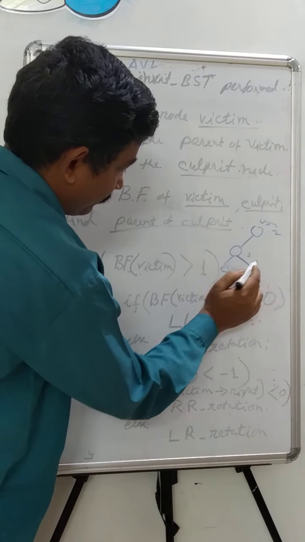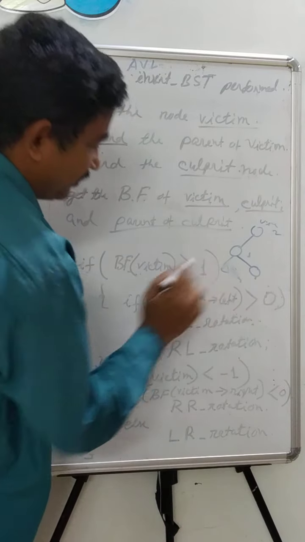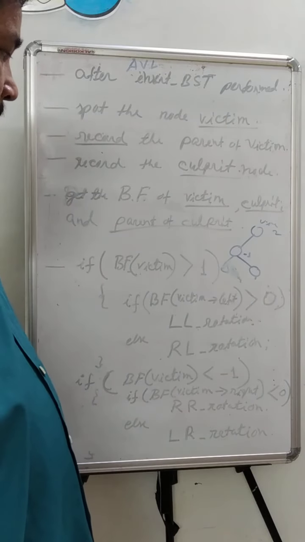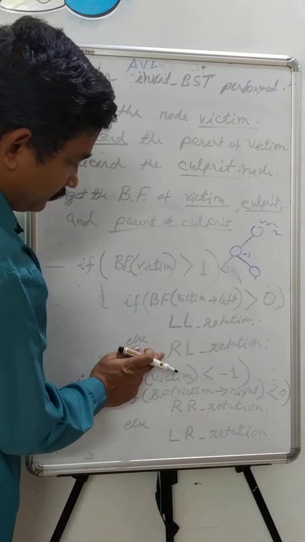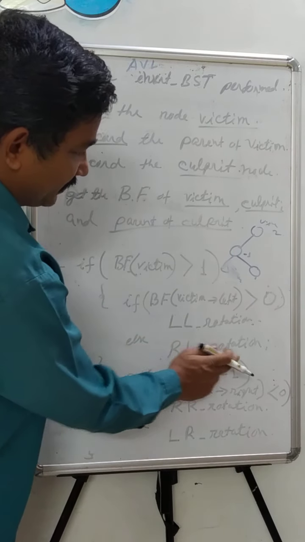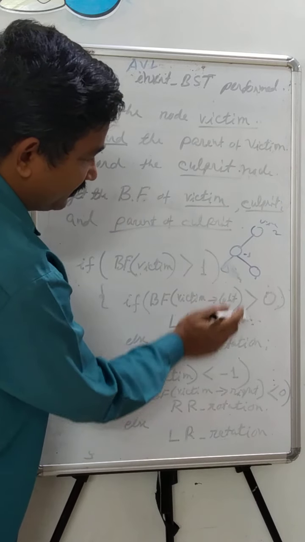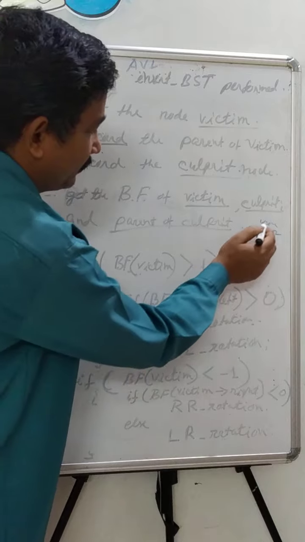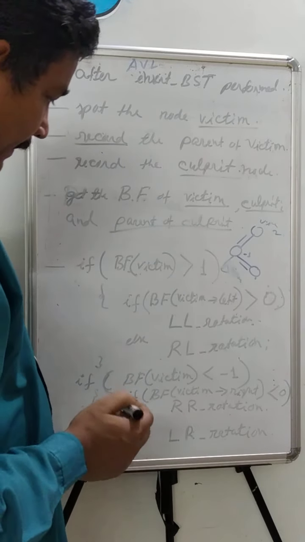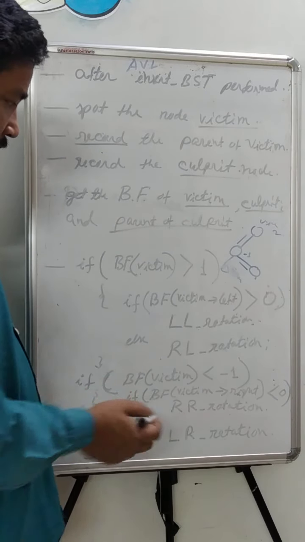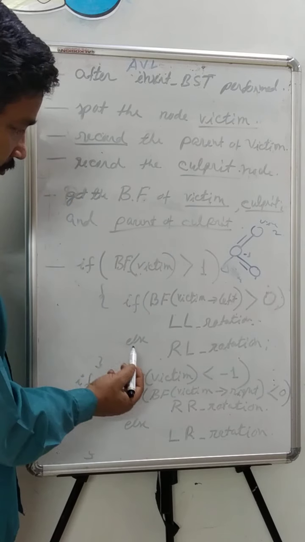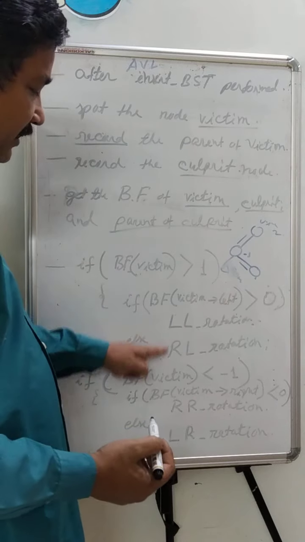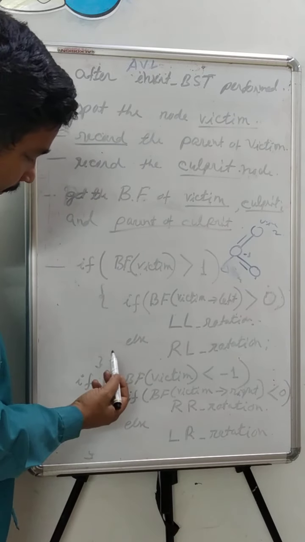But victim's balance factor will be still true if the tree is of this form. This is the newly inserted data. In that case, balance factor of this node will be -1. So in this case, we will need the RL rotation. Imbalance was created by the right side of the left side of the victim node. So imbalances towards the left side can be maintained by these two, following any of these two.